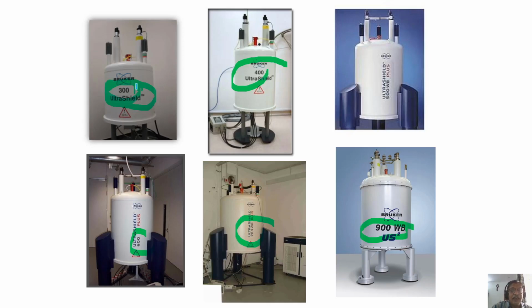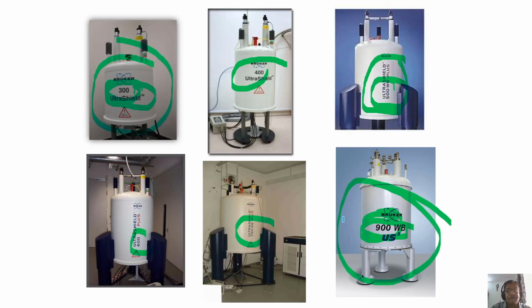These numbers tell you the corresponding resonating frequency of proton in these magnetic fields, where the magnetic field can be expressed in some Tesla. If you take the proton NMR, it comes at 500 megahertz. Similarly, in this spectrometer, proton resonates at 900 megahertz. That means the magnetic field from here to here is 3 times larger. If this magnetic field is, let us say, 7 Tesla, this is 21 Tesla, 3 times larger.